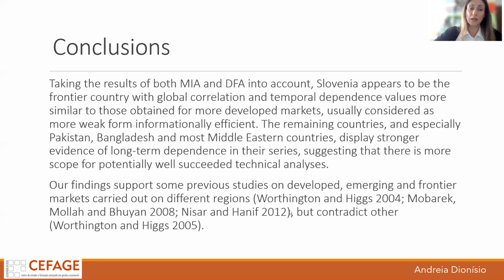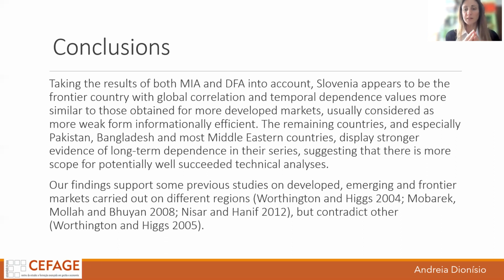And well, in terms of the global results of mutual information and DFA, we can say that Slovenia appears to be the frontier country with global correlation and temporal dependence most similar to those obtained for developed countries, so closer to the notion of efficient market. The remaining countries, especially Pakistan, Bangladesh, and most of the Middle Eastern countries, display the strongest evidence of long-term dependence in their series,